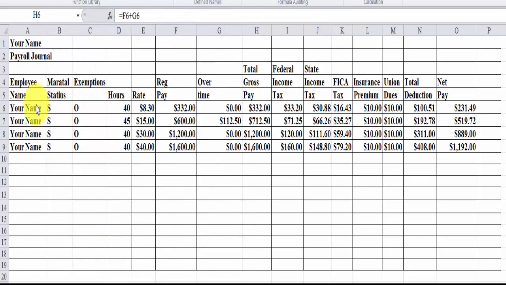Okay, here's the spreadsheet. Now remember, we said place your name several times because this is you in the future. Okay, single, no exemptions, we're just guessing. And we have 40, 45, 40, and 40 because we just want to give you overtime for 1 because realistically, once you have it, you got it. Okay? Now, you'll notice that over here, this is important that you see this. For regular pay, for a minimum, you're only going to bring in